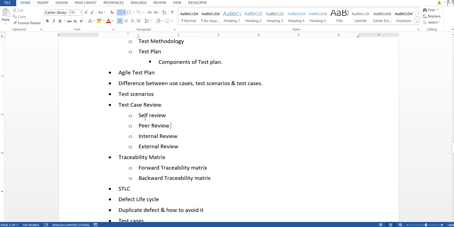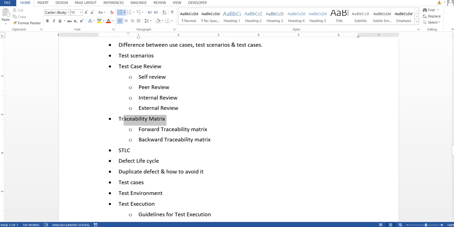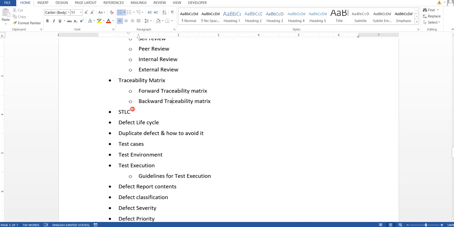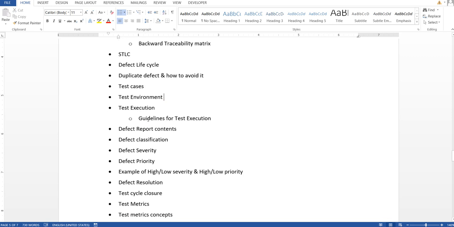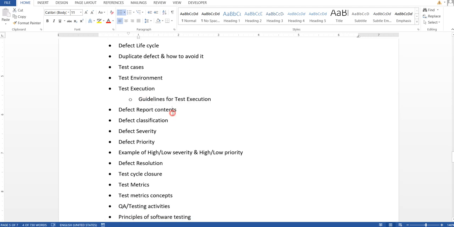So again, different types of reviews are there: self review, peer review, internal review, and external review. Then the traceability matrix, again it has two types: forward traceability matrix and backward traceability matrix. Then the STLC, software testing lifecycle, defect lifecycle, duplicate defect and how to avoid the duplicate defect, the test cases, test environment, how to create a test environment, test execution and the guidelines for the test execution, then defect report,